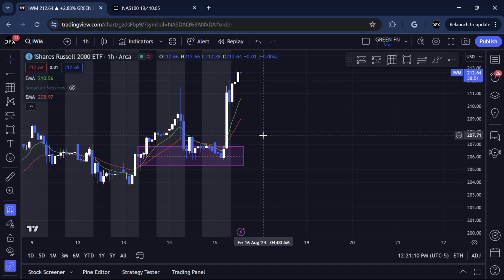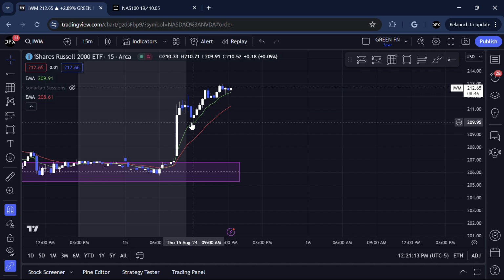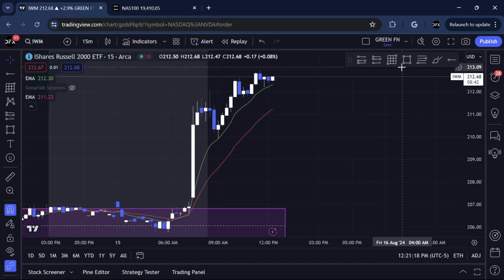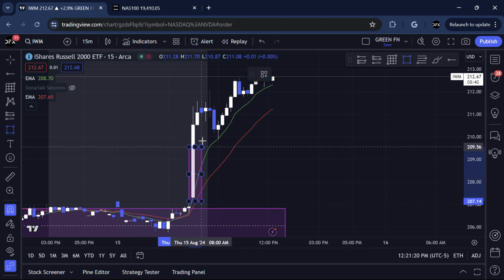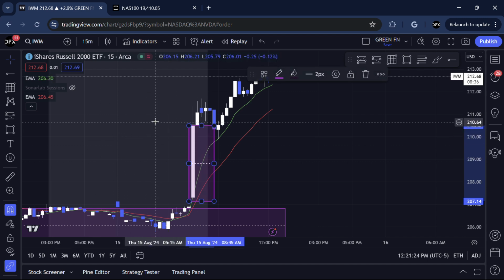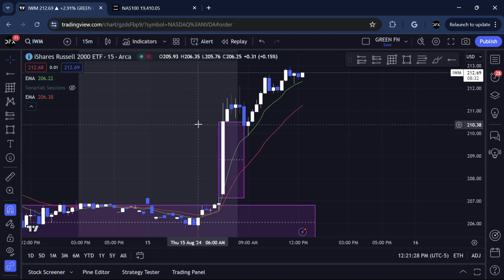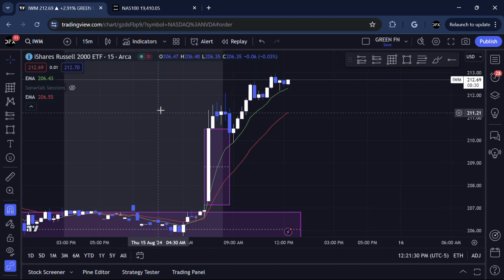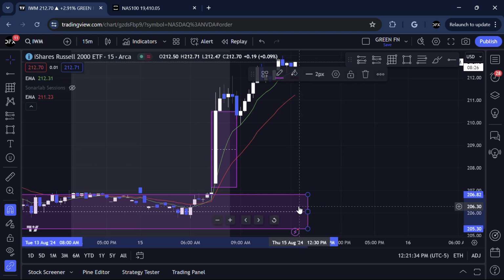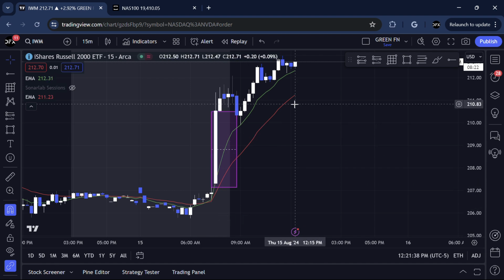If we go on to a lower time frame, we can see that that news created an imbalance as well. So that's a 15-minute imbalance. By the way, if my chart looks a little bit different, it's because I changed up the colors. It's a little bit easier on my eyes. I had it like a blue and an orange for the post-market and pre-market, and it was kind of just ugly. So I changed it to like a gray. It looks a lot better now. Anyway, besides the point, made that fair value gap.